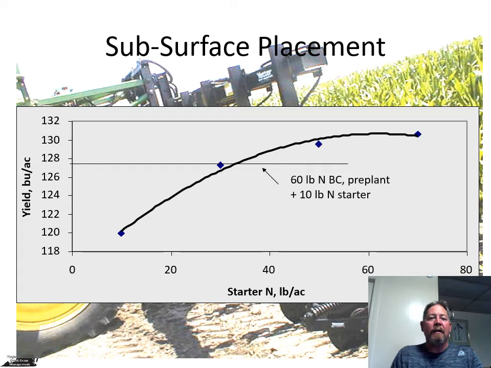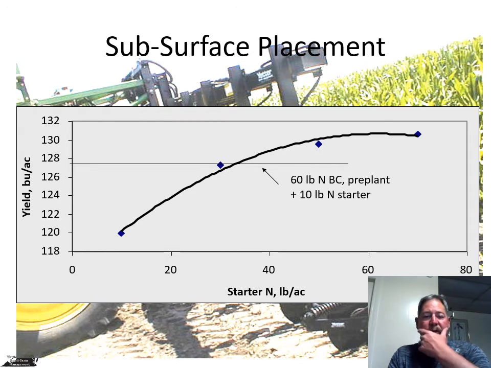And the other thing I wanted to talk about today is fertilizer placement. This is the result of some work from about 15 years ago, but still very relevant. What was done here is a starter fertilizer treatment placed 2 by 2, so 2 inches to the side of the seed and 2 inches below, with rates of 10, 30, 50, and 70 pounds. The crop was treated equally in all other ways. And then they compared that also to a 10-pound starter rate plus 60 pounds of nitrogen broadcast.